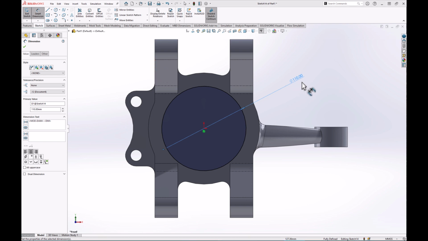It may just be worth pointing out at this point that a feature such as this that we're about to create would probably have a fairly tight tolerance applied to it, and as you create features using sketches normally within SolidWorks, you can actually specify what tolerance you would like on a particular feature. So if we wanted to do that for this whole feature, this circular extruded cut that we're about to create,